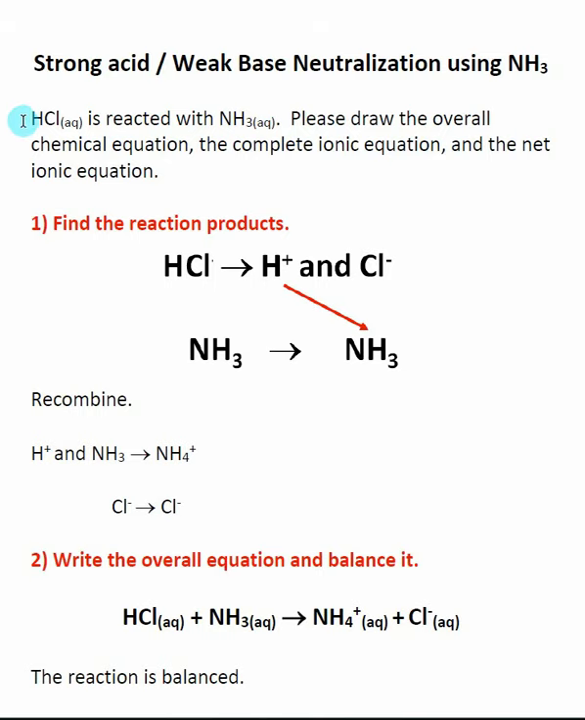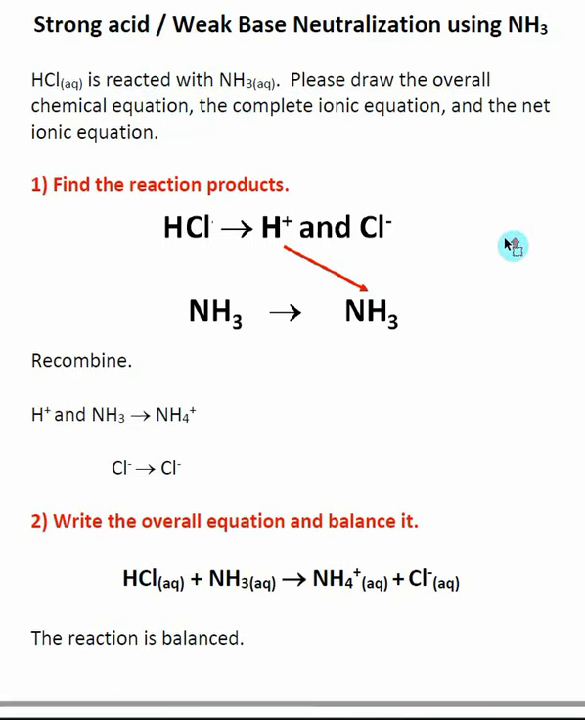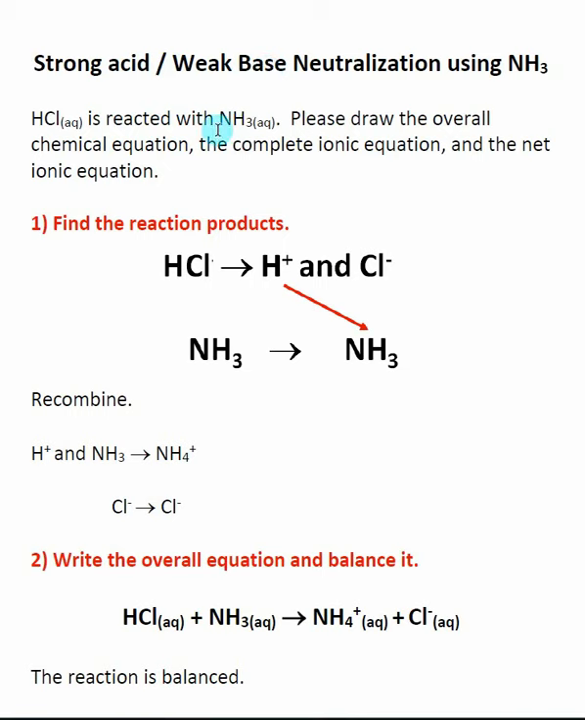So here I'm reacting HCl, a strong acid, with ammonia, which is our weak base. And I say, of course, draw the overall chemical equation, complete ionic equation, and net ionic equation. So here, this weak base, and with weak bases, remember we haven't talked about that. Really, these species, like ammonia, do not dissociate in a reaction. So weak bases themselves do not dissociate during these kinds of reactions,